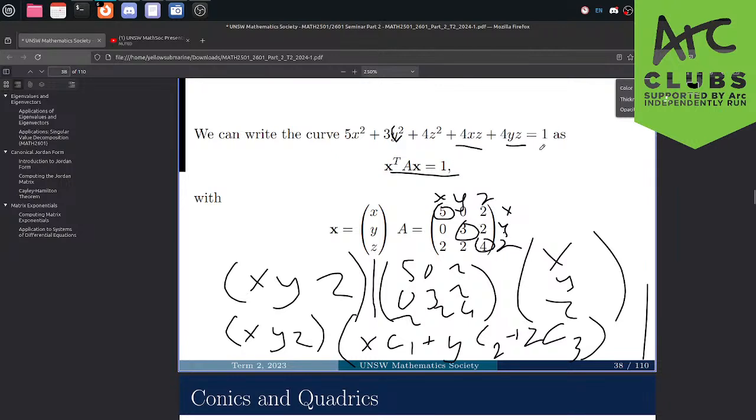Then the xz and yz terms, right? You actually have to evenly split them out, because in your matrix multiplication you have two equal entries, this 2 and the 2 here. So you have 4 and you divide it into 2 and 2, splitting it evenly here. This yz you evenly split here and here, 2 and 2, and then there are no yx or xy terms. So you leave those as 0. So what you end up with is this A matrix here. So I'll write this x, y, z out. Cool. So this is how you calculate the matrix A given the curve.